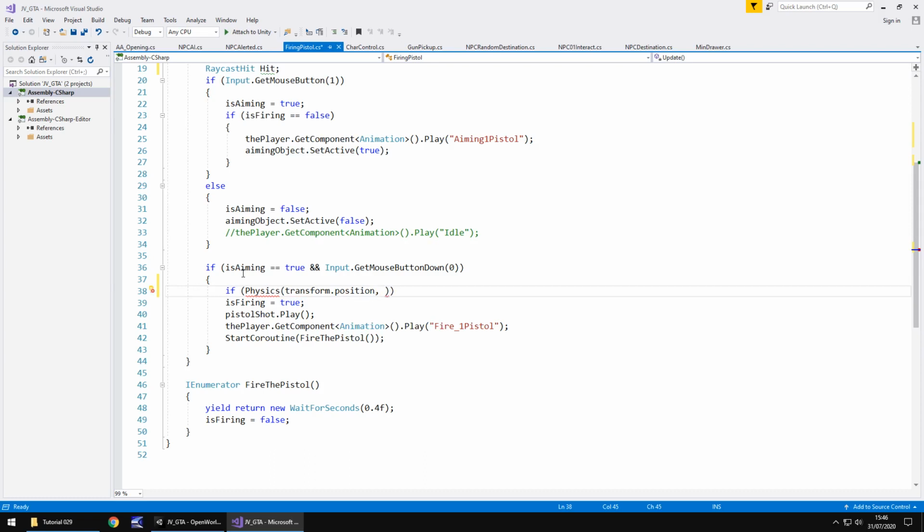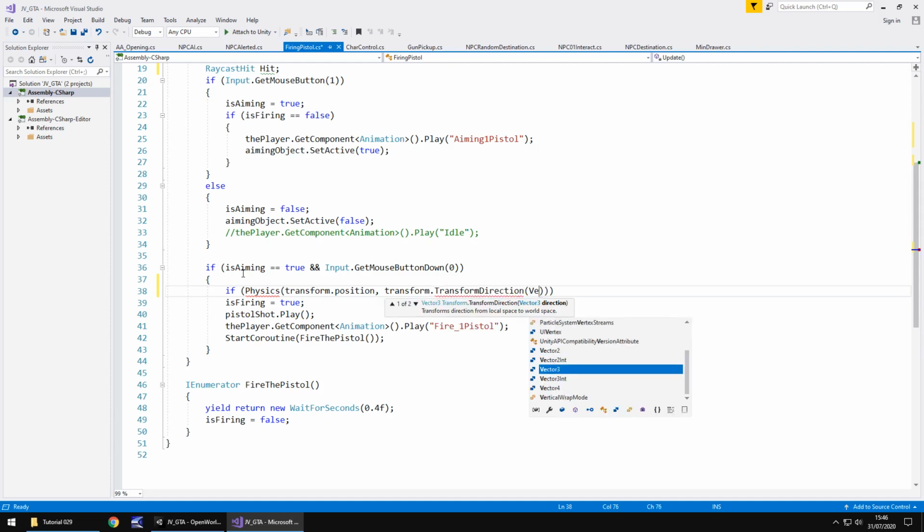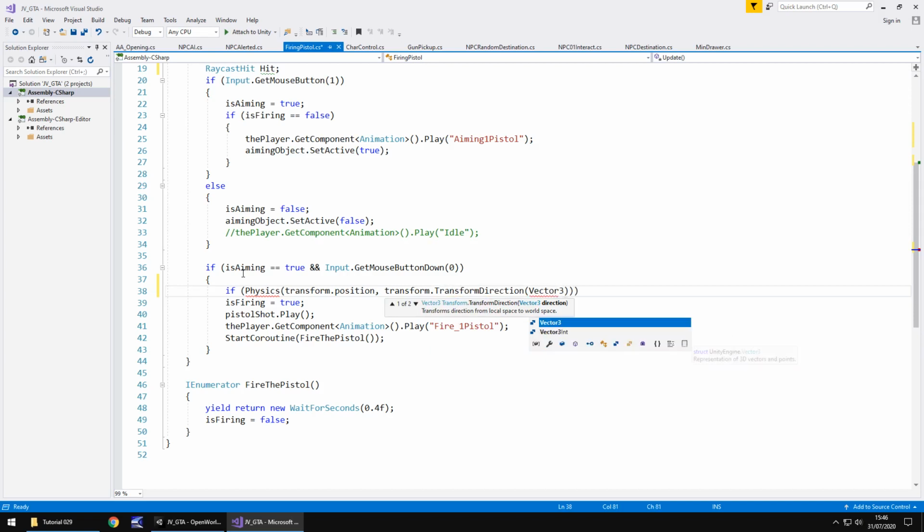So basically, we just put transform direction, and in brackets vector 3 dot forward,